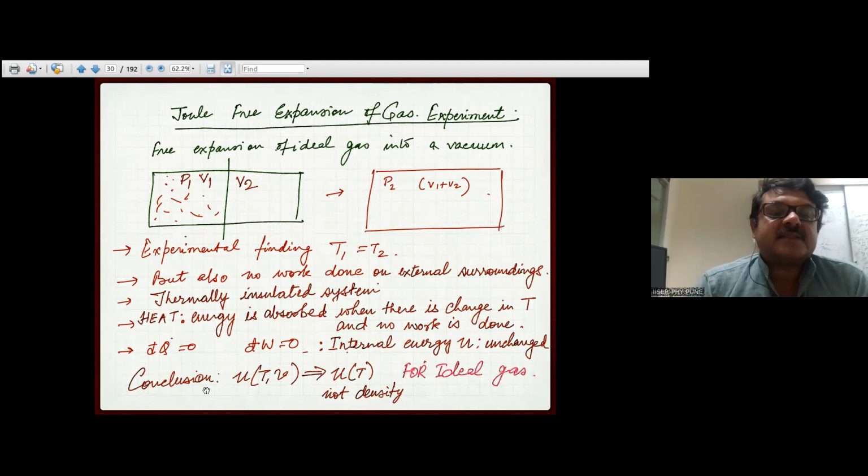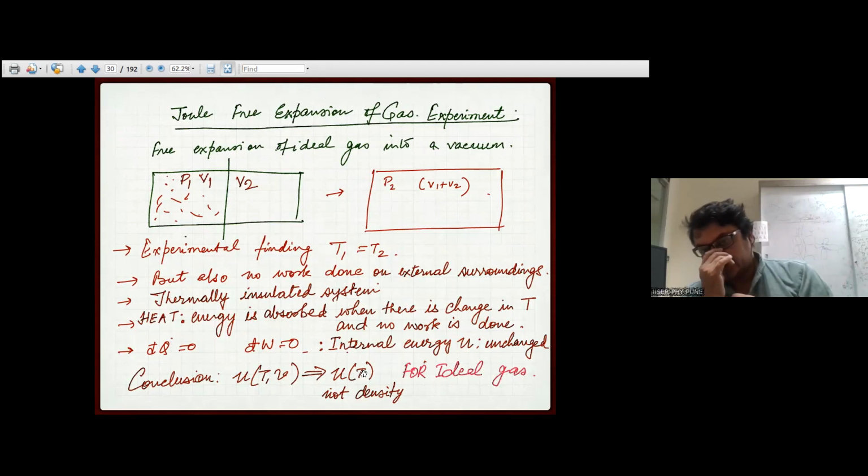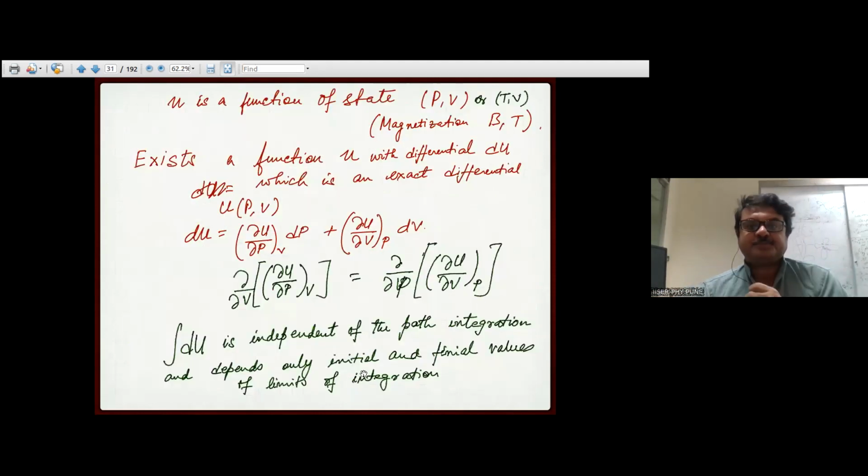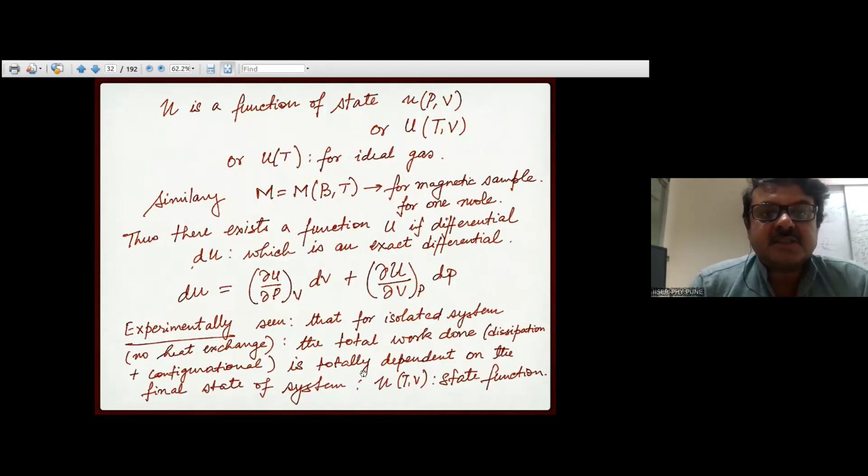Right? So that's the conclusion, that the internal energy for an ideal gas only is dependent only upon temperature and not density, which means it's non-interacting. I'm adding this non-interacting thing as of today because we know what internal energy is. I'm not sure whether they knew it at that point of time. The other thing to realize is, in general,